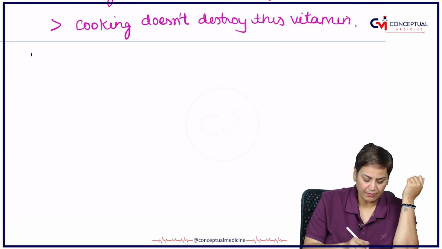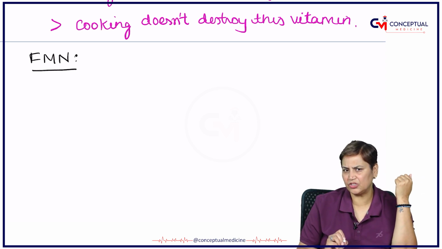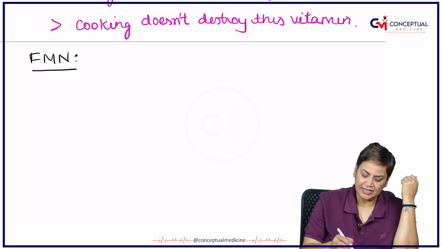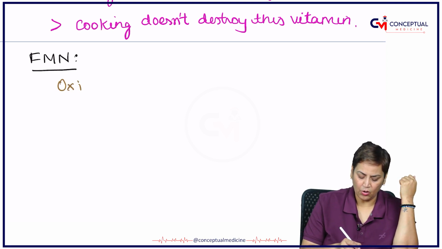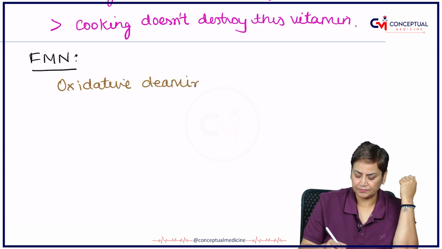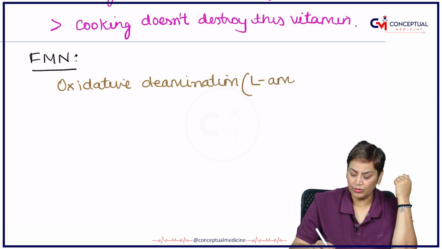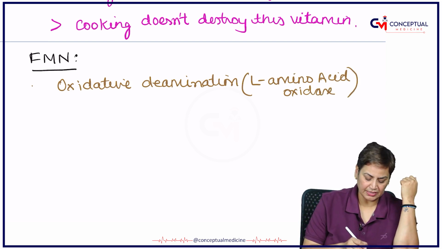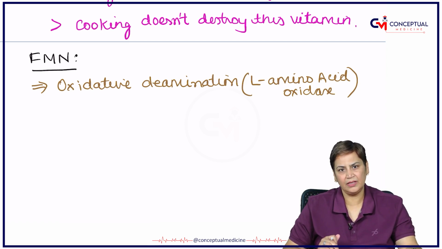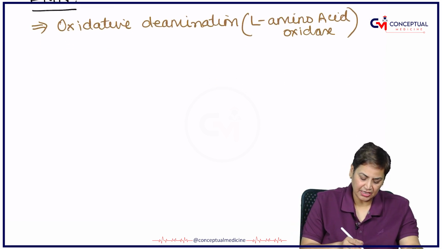So, if we talk about FMN, FMN is required for a very important reaction, oxidative deamination, where the enzyme is L-amino acid oxidase. And the most important feature about this is the auto-oxidizable reaction. So if we talk about the reaction here, we can simply say that L-amino acid, because whenever we talk about the absorption of amino acids, L-amino acids are easily absorbed,